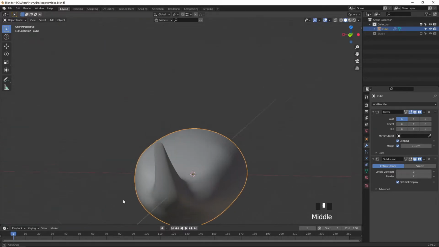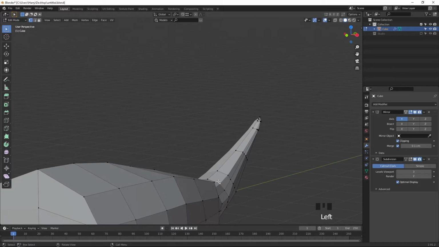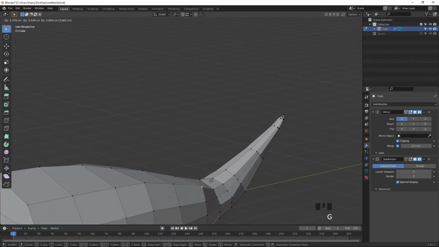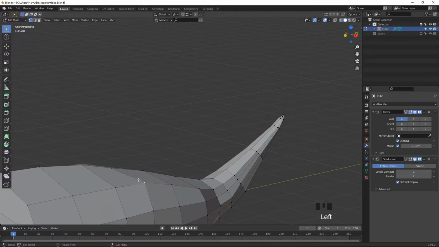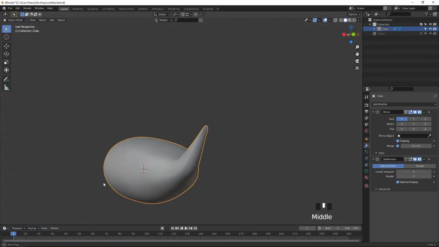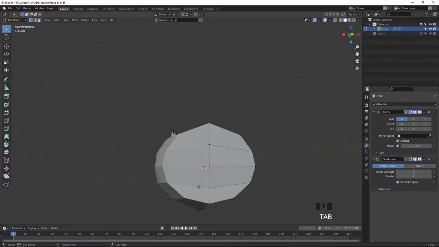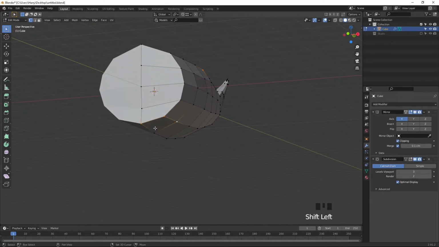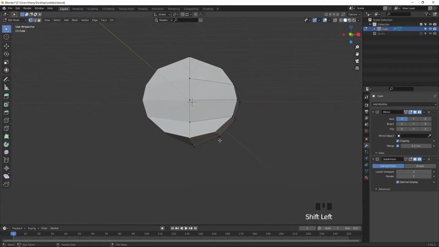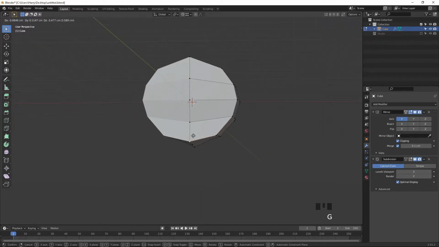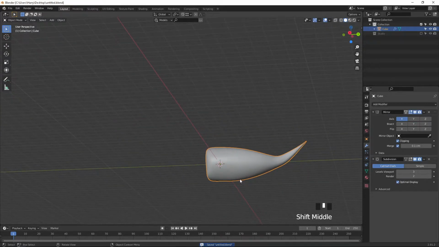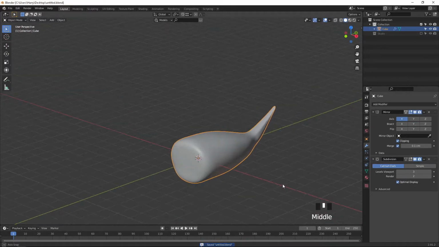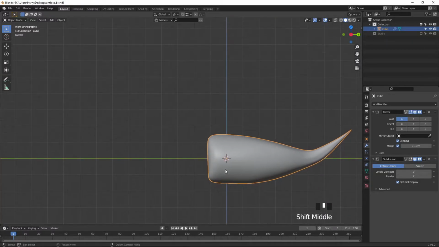So you can align the object like this, everything, or how we require actually. So select this one and press G to move. Okay, it looks better compared to before. I don't think... select this one, G and you can move like this. Okay, now we have readied some half of the body, so we are going to create the front face now.